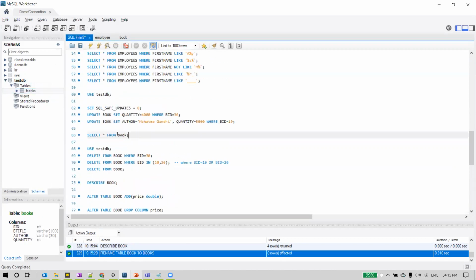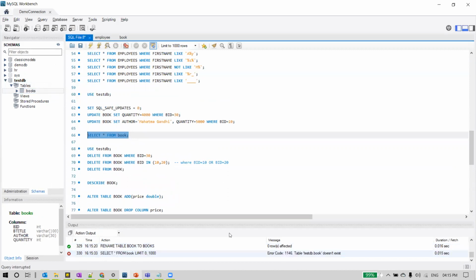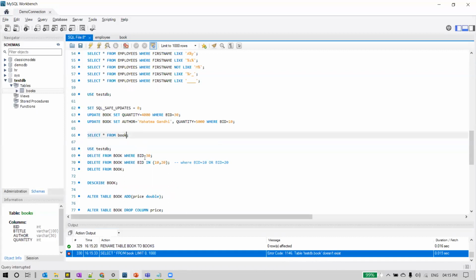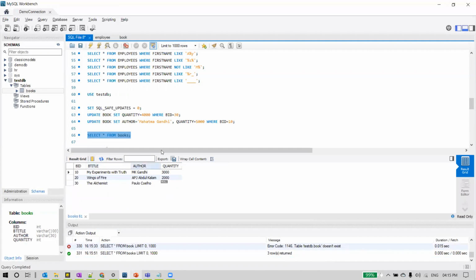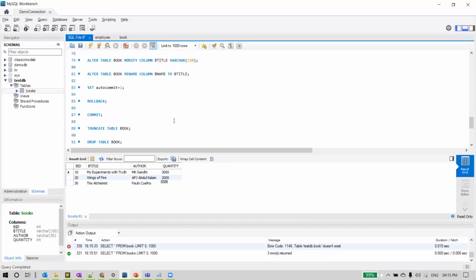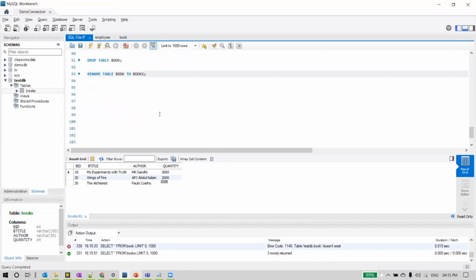And when you execute select star from book now, you will get an error saying testdb.book doesn't exist, as this table name got renamed to books. When we provide books, then we will get the data. You can see it here. Now we are getting the data when we provide the new name for the table. So this is how we can rename a table.